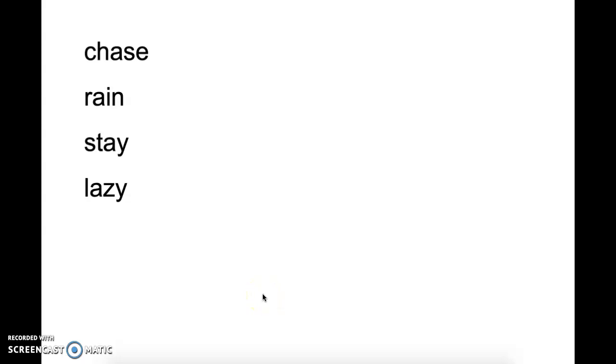Hey, third graders, we are going to be practicing a new spelling pattern this week. If we take a look at these words, this word is chase, rain, stay, and lazy. If you were to see a pattern with those words, they all have the long A sound. When we use our sound spelling chart, we're going to use the acorn to help us with that spelling